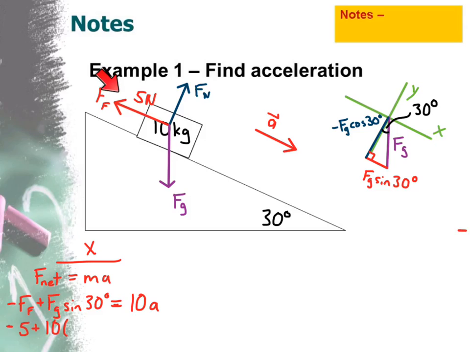Now I'm going to assume that the force due to friction is 5 newtons. I would have to give that to you in a problem, so I forgot to do that, but I'll do that now, which is why this is negative 5 down here. Equals the force due to gravity, which is 10 times